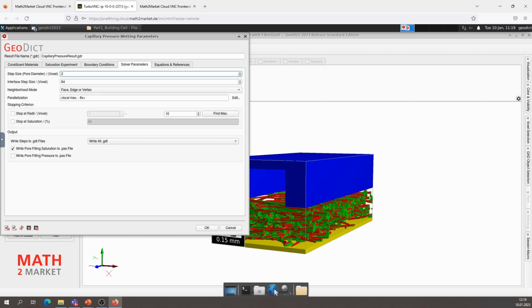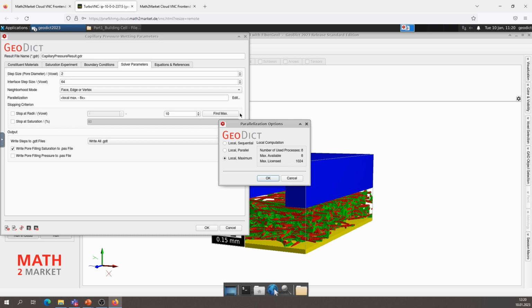Next step is to go to the solver parameters. We have a step size of pore diameter of 2. We have an interface step size of 64. Here we can choose the parallelization.